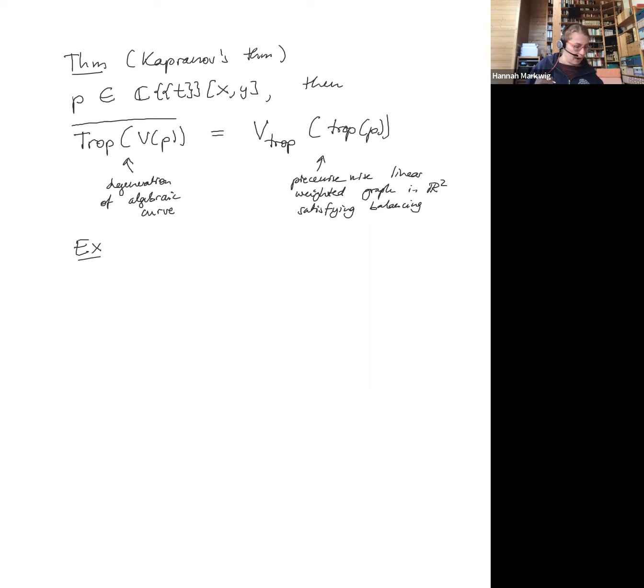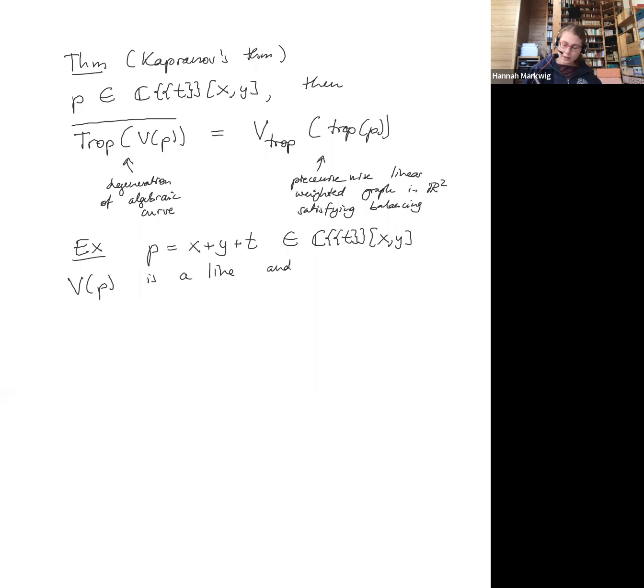And now we had an example where we wanted to show how Kapranov's theorem works. And for this example, we picked just a linear polynomial to make an easy example. So x plus y plus t in the field of Puiseux series, adjoin x, y. So all my Puiseux series coefficients right now are very easy Puiseux series. They just have one term, but that's okay. The finite series are also series. So V(P) is then a line